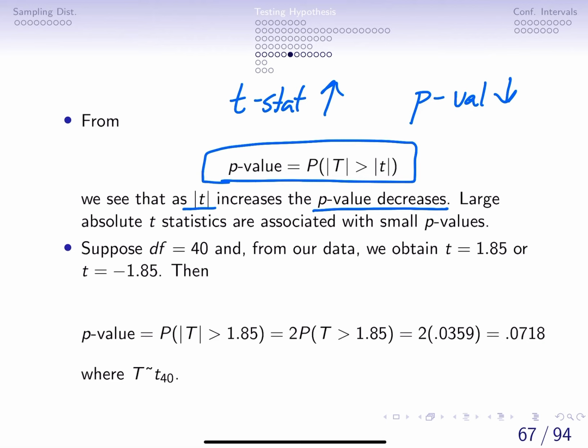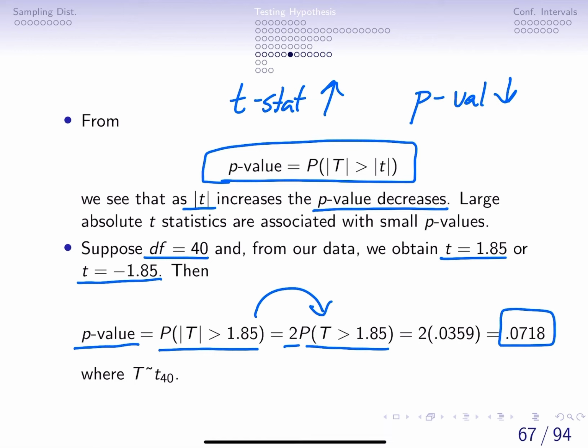So we can take an example here and we can see if the degrees of freedom were 40 and we had a t statistic of 1.85 or negative 1.85, then we can compute the p-value. We can say what is the probability that the absolute value of t is greater than 1.85. And since we're talking about absolute values, we've taken the positive and negative values. This is just going to translate into 2 times the probability that t is greater than 1.85. And this is going to be equal to